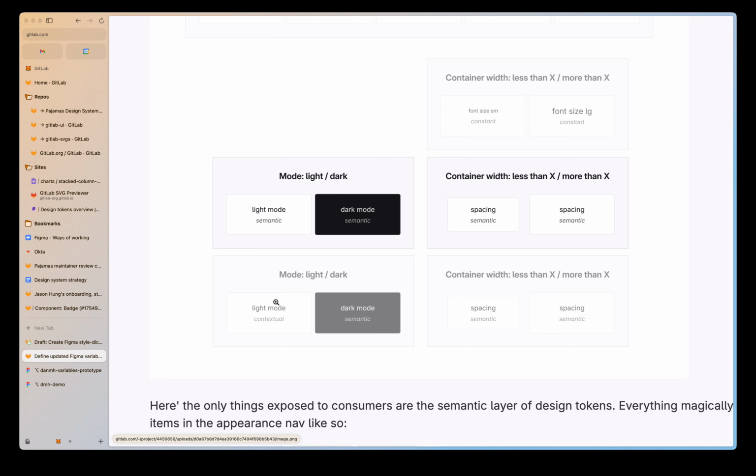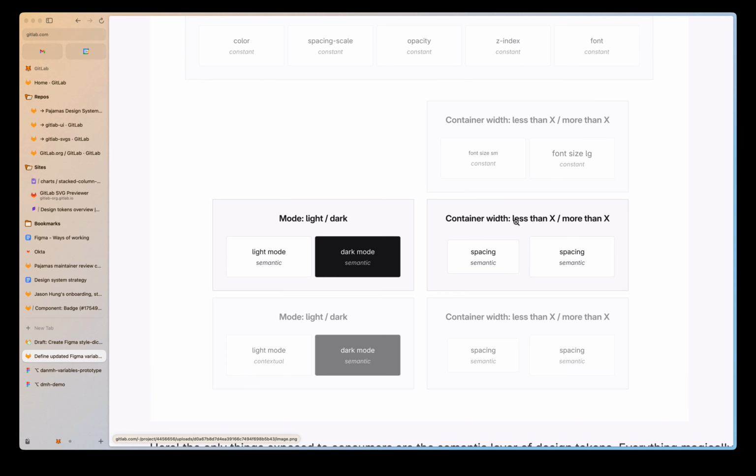And we would like contextual to live in its own Figma collection if they would let us link the modes together. So if I change the mode in one place, all of these stay in sync. And the same for